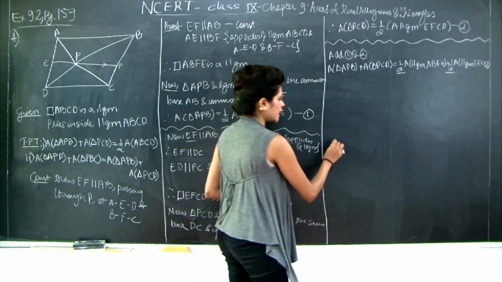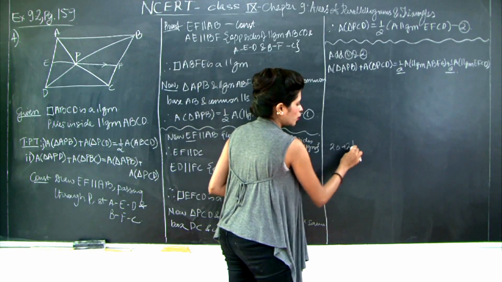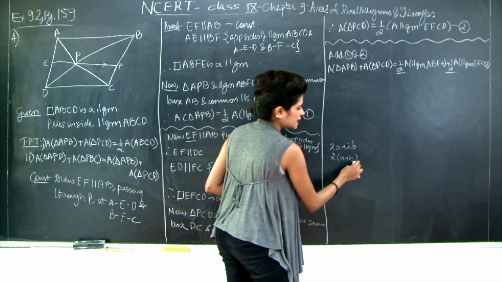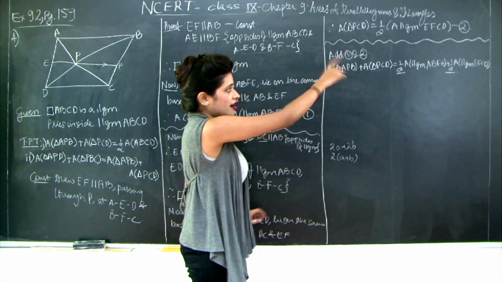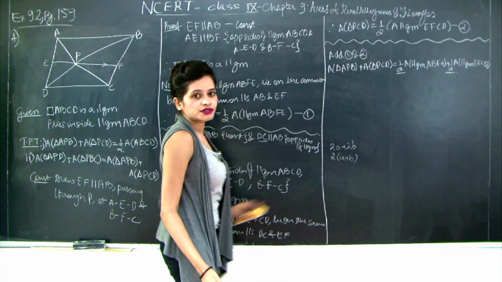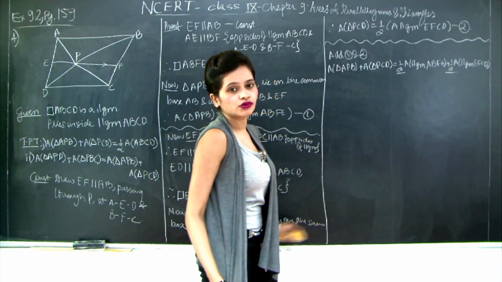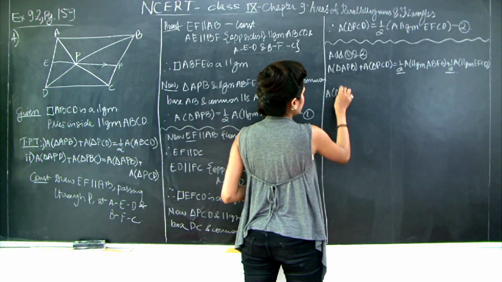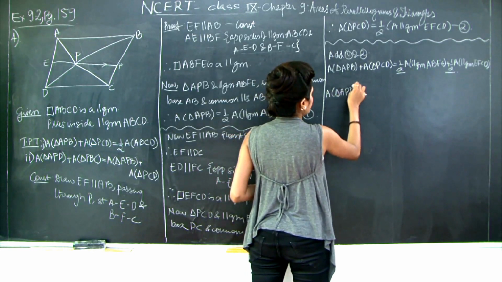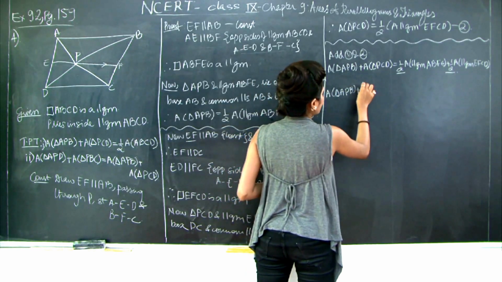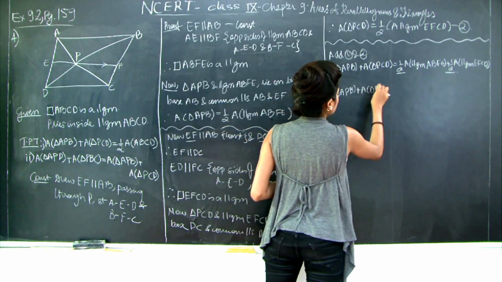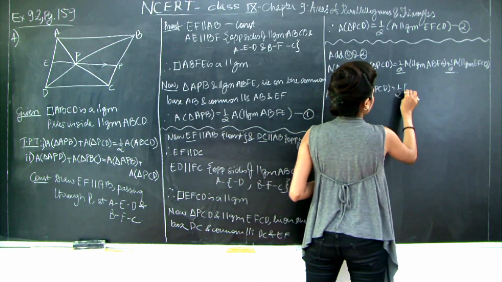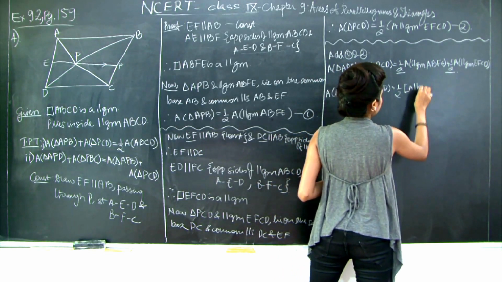hand side. Why? Because when I have 2A plus 2B, what do I do? I remove 2 common outside and I leave A plus B inside. Similarly, I have half and half common amongst the 2 terms on my right hand side. So, I will remove that term common. Therefore, I have area of triangle APB plus area of triangle PCD is equal to half area of parallelogram